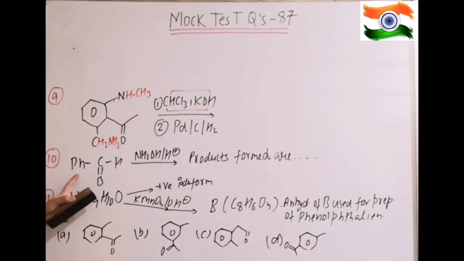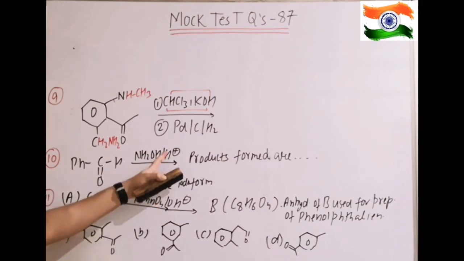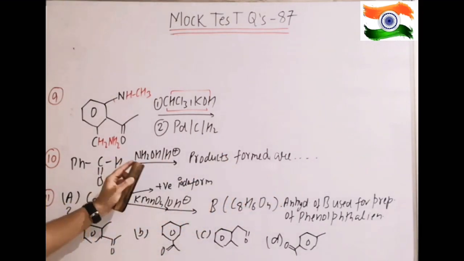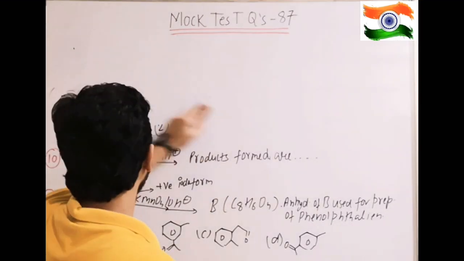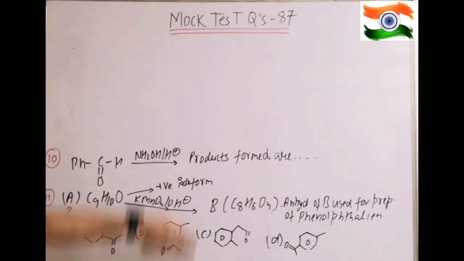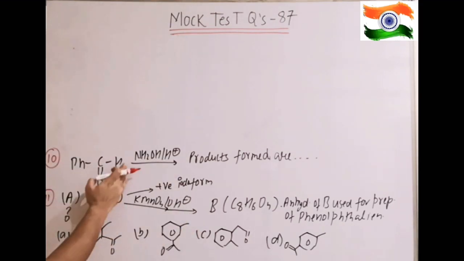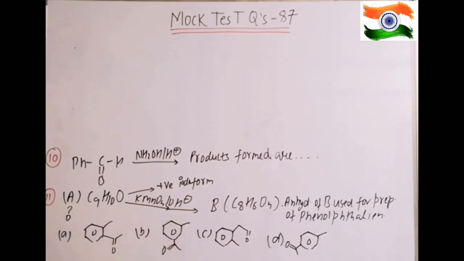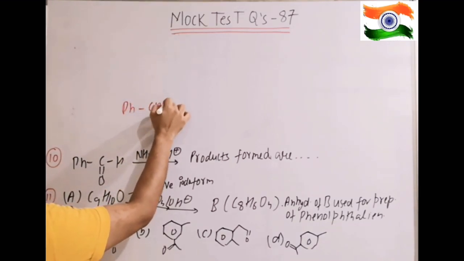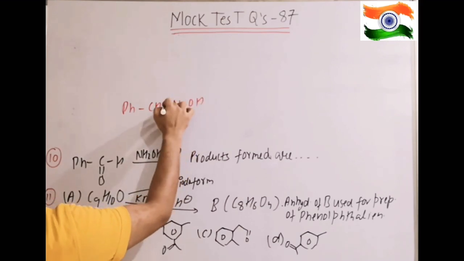Next question is PhCHO, benzaldehyde, with NH2OH and H plus. The number of products formed are, that means how many products are formed after this reaction. We have done this same example in which video, if you remember, in geometrical isomerism. At the end we have covered this type of example. You can see that one same example is covered where you will get geometrical isomers. So here also when you do this reaction, the carbonyl compound with NH2OH simply gives the formation of hydroxylamine derivative.